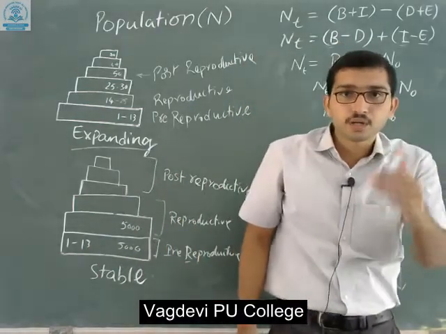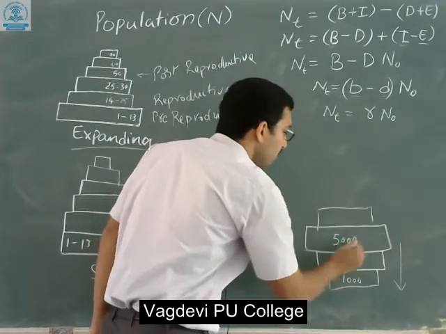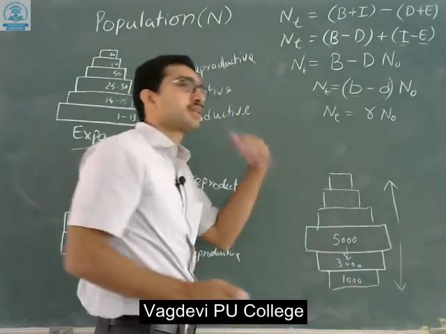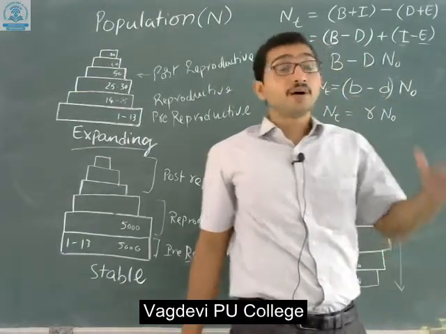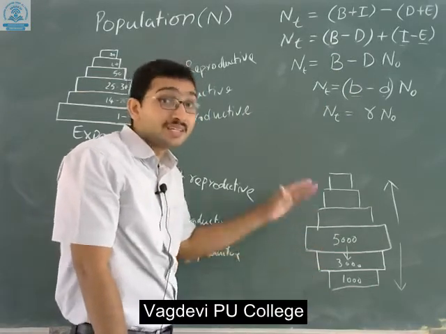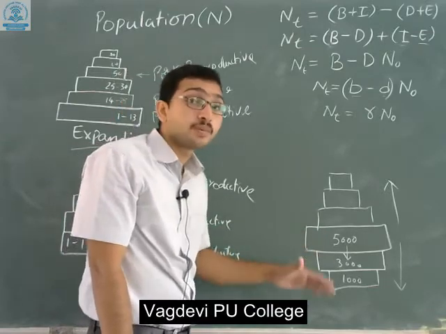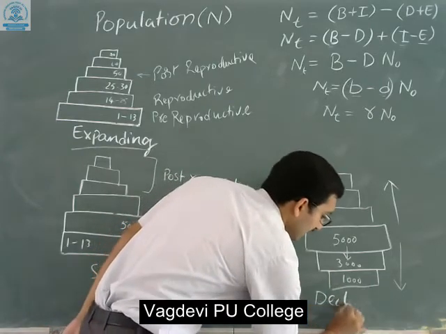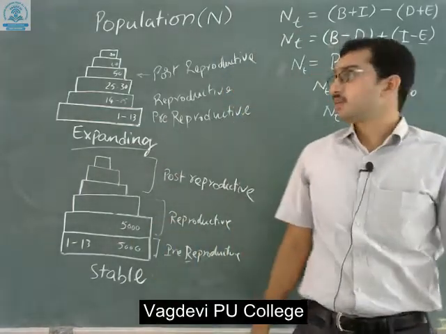The pre-reproductive individuals are decreasing, whereas the post-reproductive individuals may remain. They may die at a certain age, after entering their 80s or 90s, and this population can decrease. But if you have very few young individuals, then the population is in danger and completely decreasing. So this pyramid is considered declining. Declining. And this one is expanding.